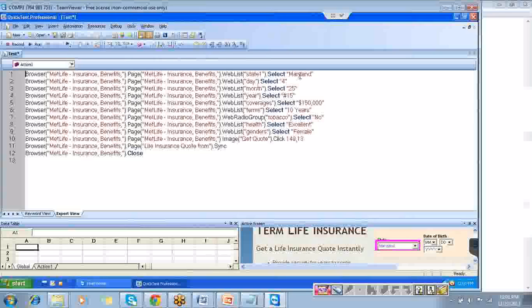Okay, I selected Maryland. Do you see here? I selected April 25th, and then the year. Do you see there is some selection over here? It means I have done some selection, number 15th. So that is how it is capturing. No problem. Your QTP is identifying in its own way. Let it identify. We have chosen something over here, and then we have entered